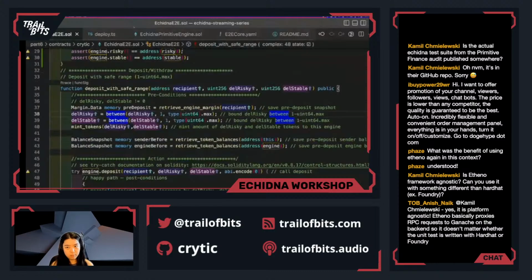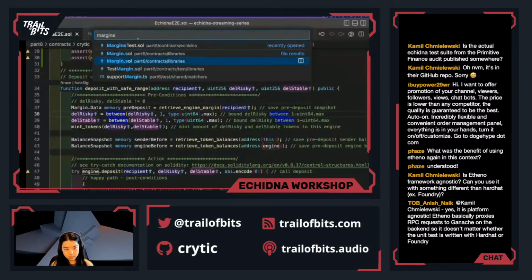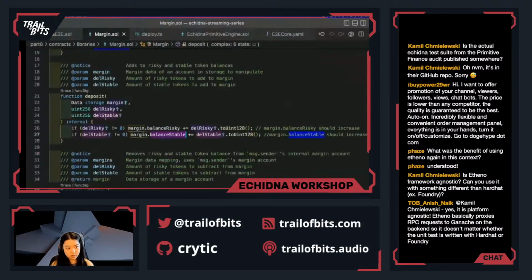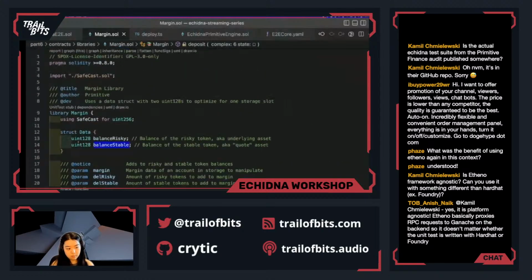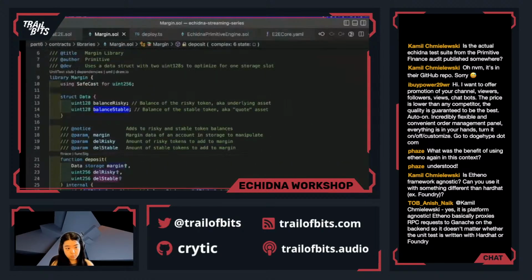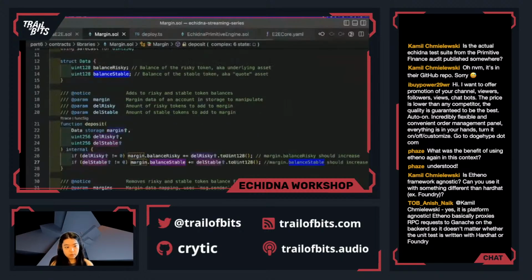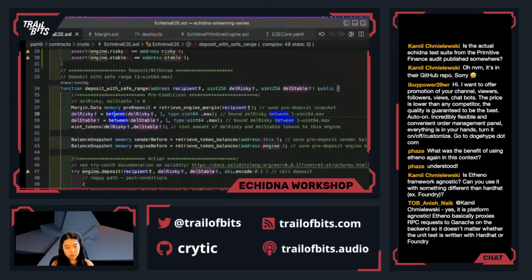Note that the margins follows a very similar pattern to what we saw last time with the allocate, which was the function takes in the uint256, downcasts it to a uint128, and then adds it to a data structure that's a uint128. So for this purpose, we're just going to narrow down our safe range within this function just to cover for max. And then